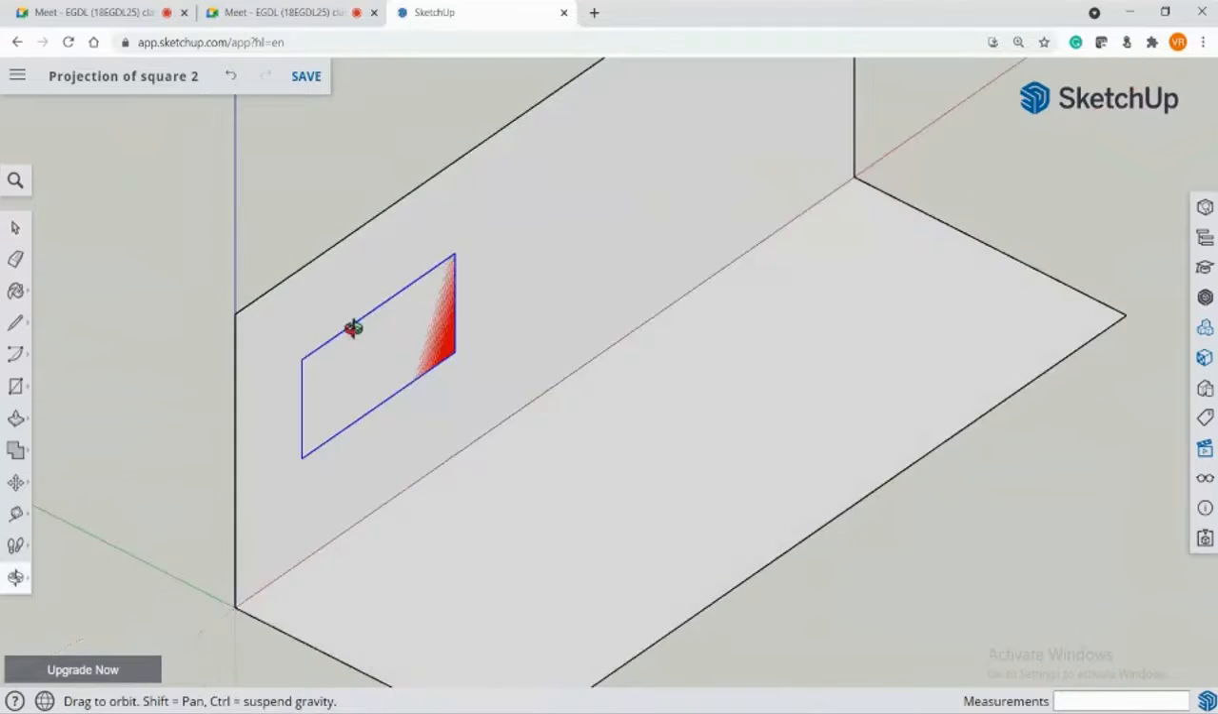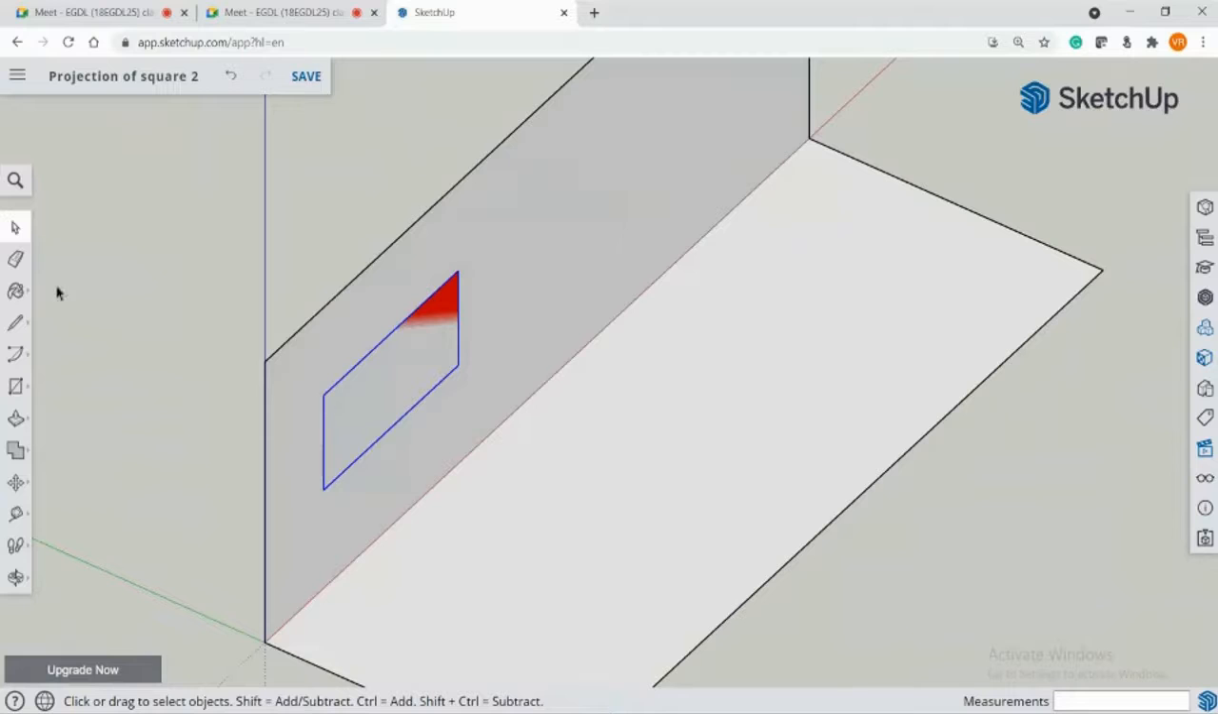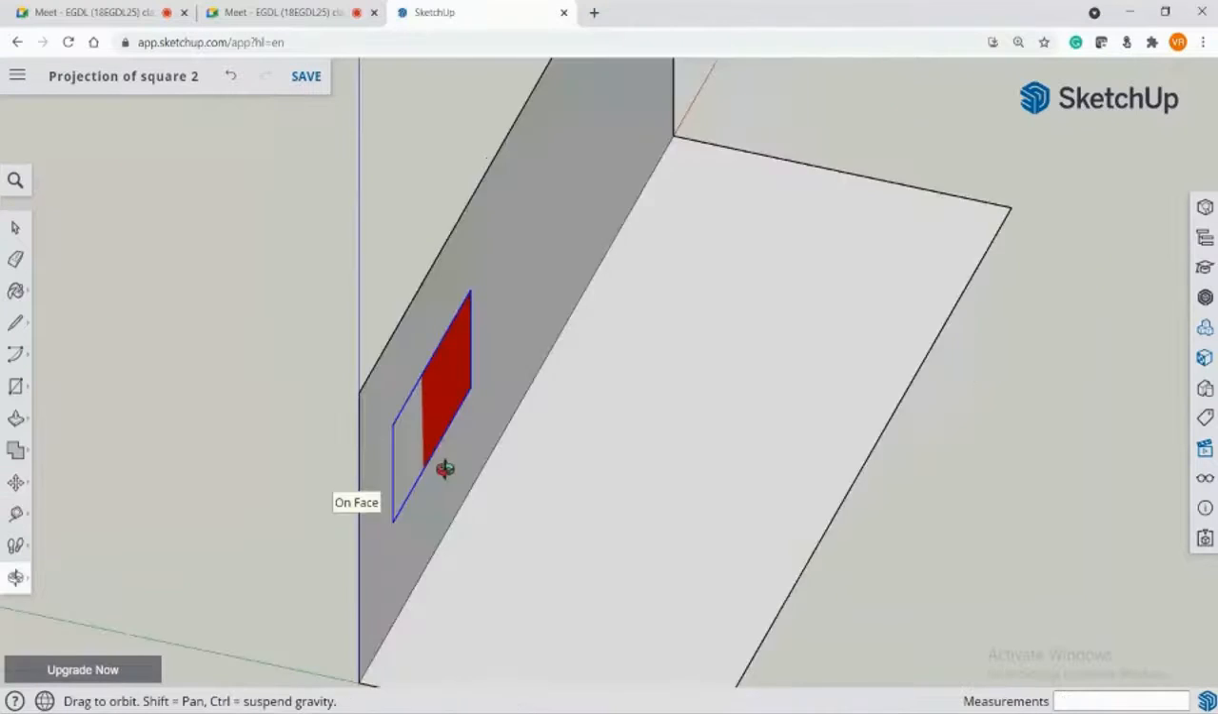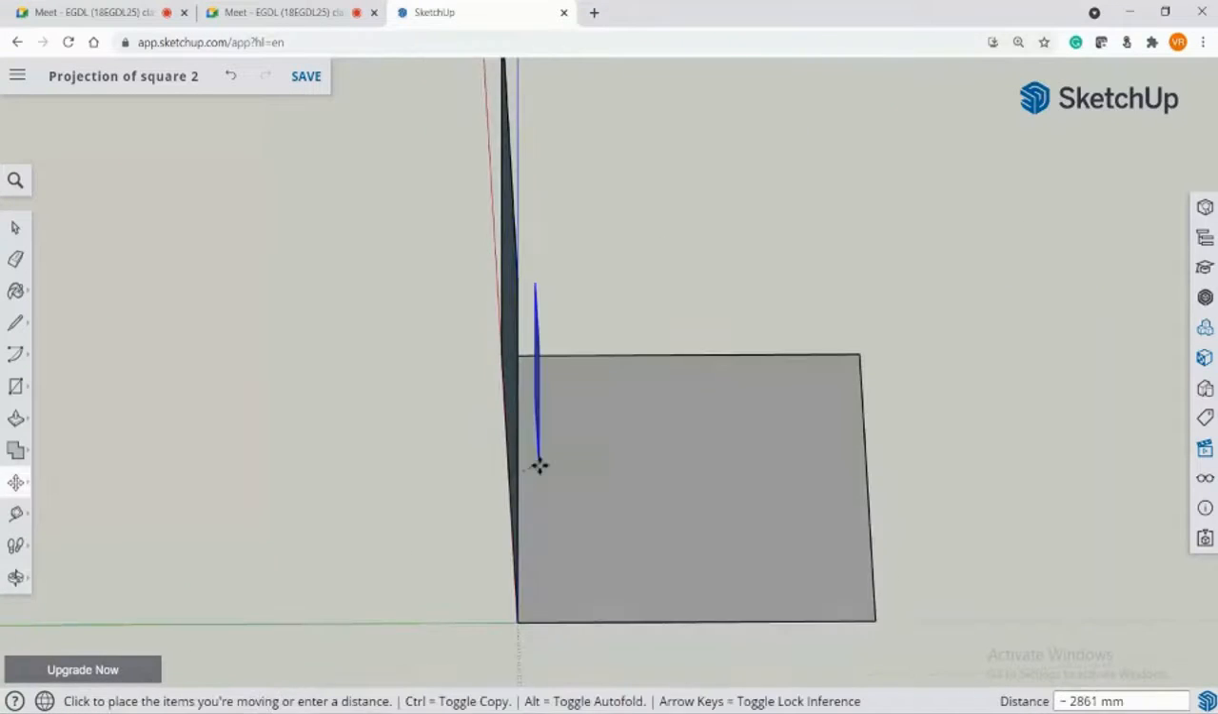Let me just bring this a little front. Okay, let me just move it so that there's no light on it. So along the green axis, let me just